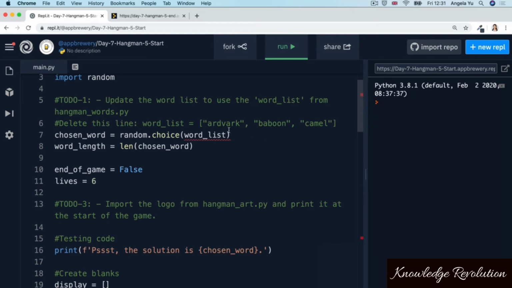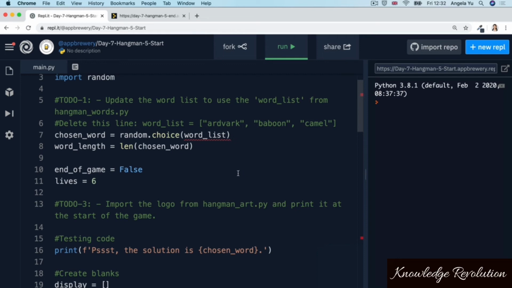And in fact, the words were chosen so that if you see 7 characters and you know it's aardvark, 6 is baboon, 5 is camel, to make it easier for you to debug the code as you're creating it. And very often when we're writing code, it's really, really important to help yourself when you're creating the code. And only once you've got all the logic down and everything's working as expected, then to actually add the full